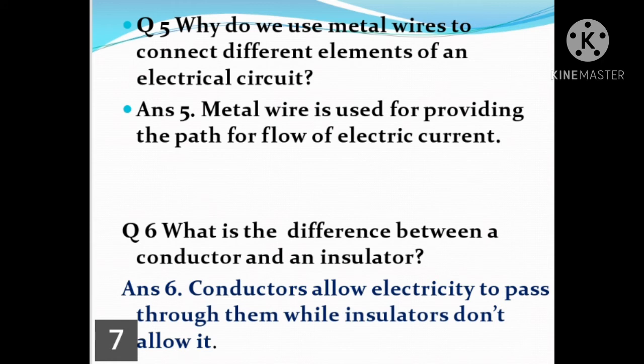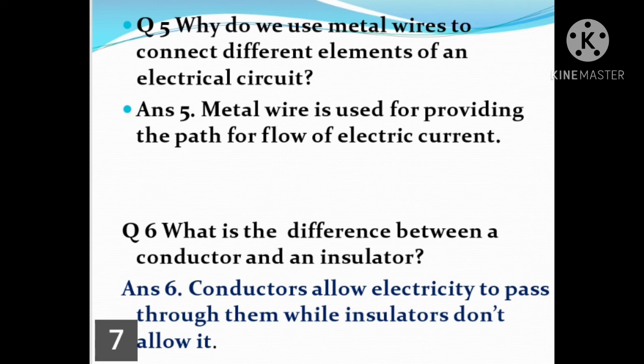Question 5. Why do we use metal wires to connect different elements of an electrical circuit? Its answer is: metal wires are used for providing the path for the flow of electric current, as metals are good